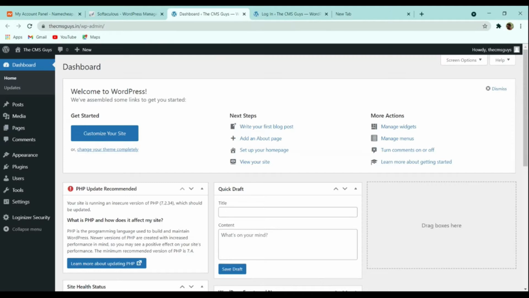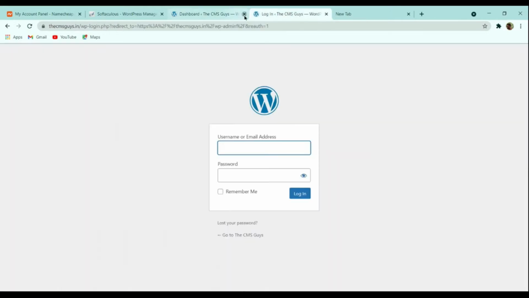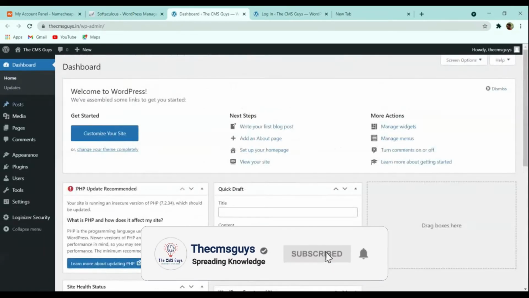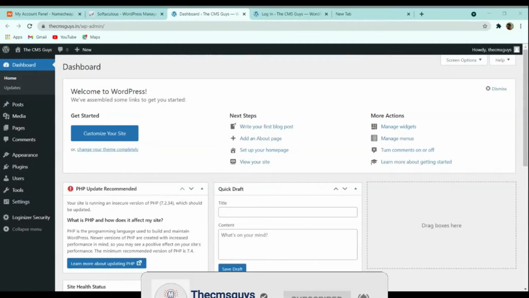After that we have to enter the username and password. Enter your username and password, and then you will see this dashboard. So let me show you again. This is how the WordPress dashboard is going to look.